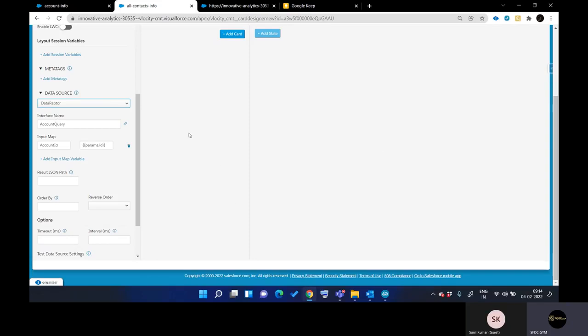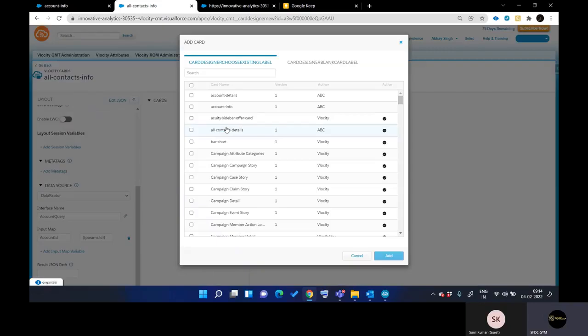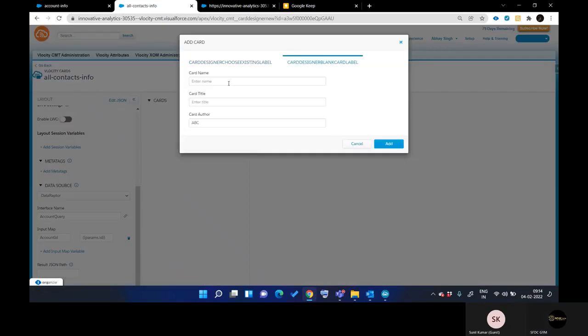All right. So now let's click on the card, and here we need to create a card for displaying the flyouts. So let's say here we want to add contacts info. Okay, and here you can see